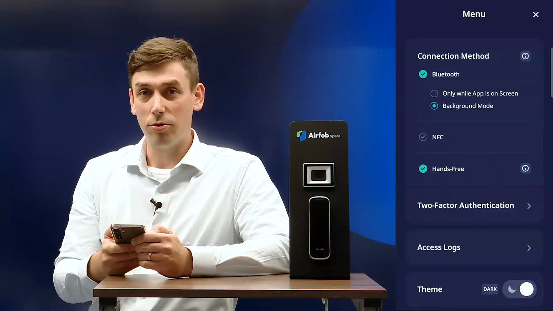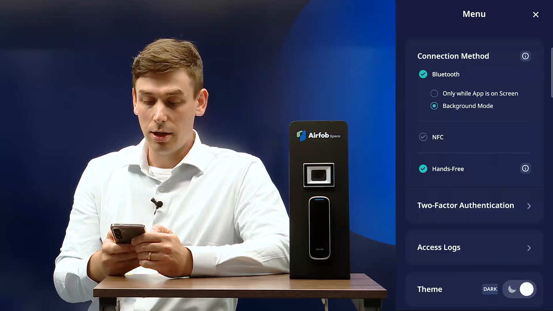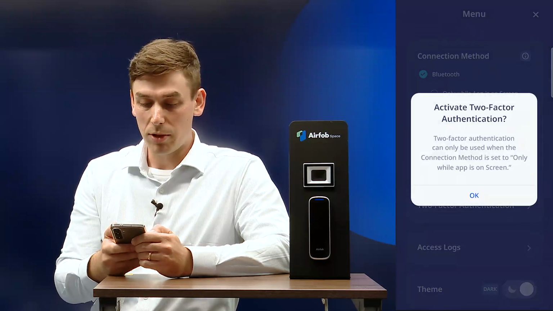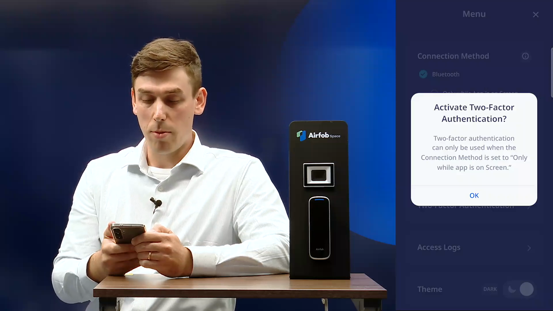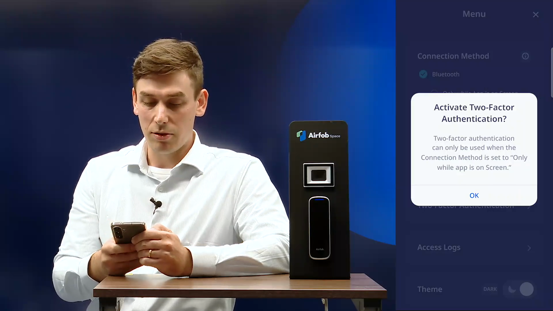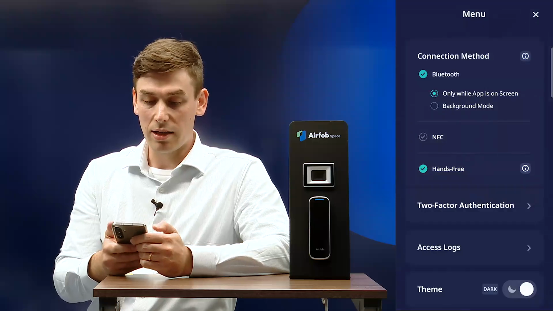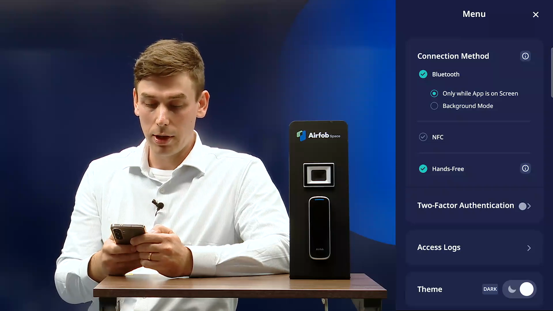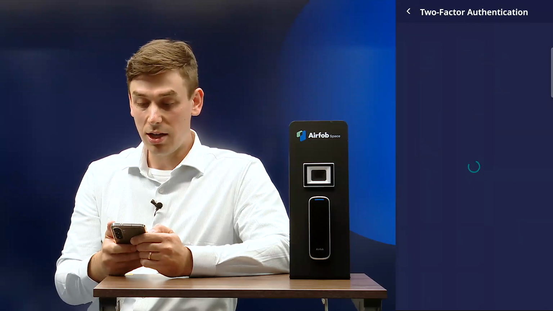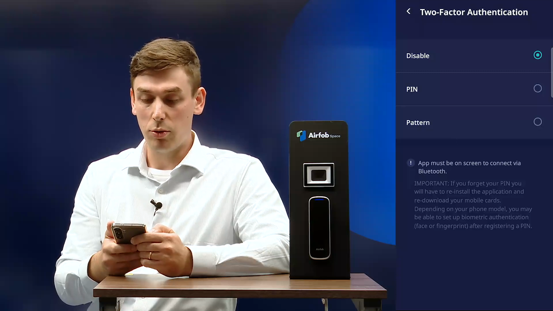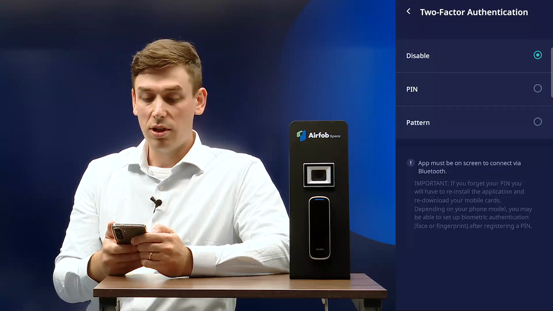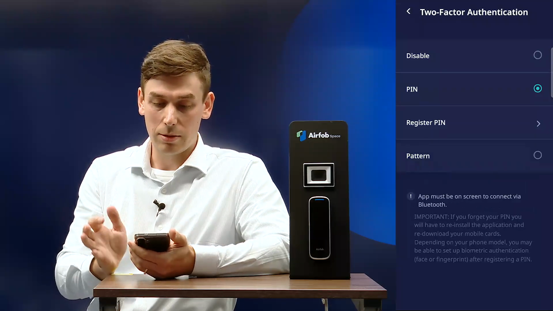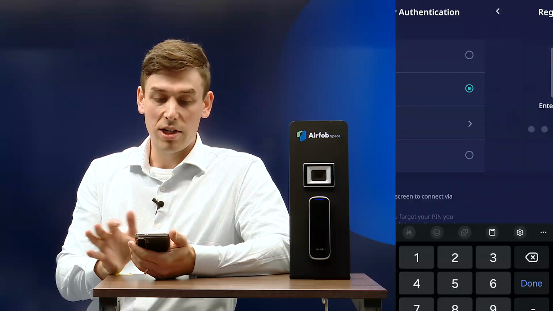Let's now go over the two-factor authentication feature. When clicking on the two-factor authentication button, you will be prompted to use a connection method only while the app is on screen. Press OK and select this. This prevents you from using the background mode. Click again on two-factor authentication and you will have the choice between disabling it or using a PIN code or a pattern. Just like on your regular phone, if you select the PIN code, you will be asked to register a PIN,